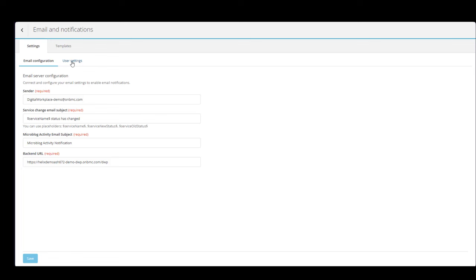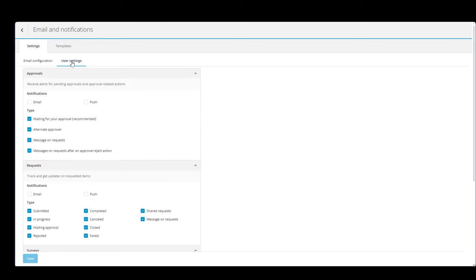The email configuration is provided by BMC for SaaS customers. For the user configuration, as I commented previously, it's for all the notifications I want to receive, not just for approvals. Let's see the notifications for approvals,